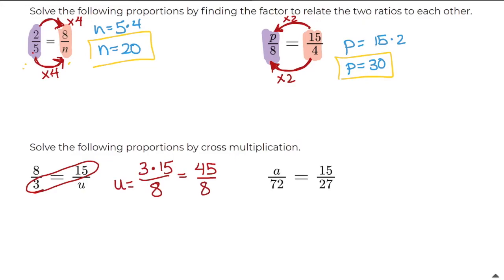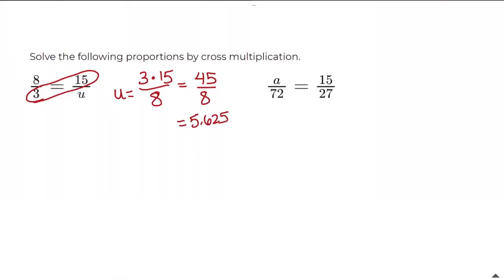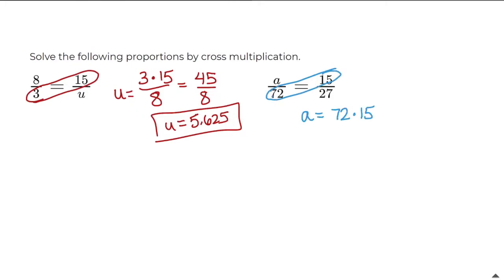So let's go ahead and figure out what this number is going to be. So 45 divided by 8 is 5.625. So u equals 5.625. So now to figure out what A is in this example right here, I would need to cross multiply 72 by 15. And I know that I would do 72 times 15 because these are the two numbers that I actually have